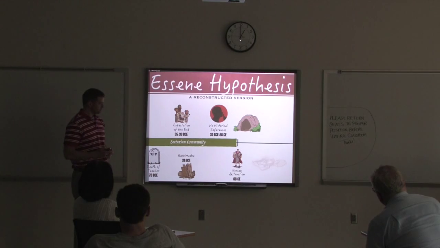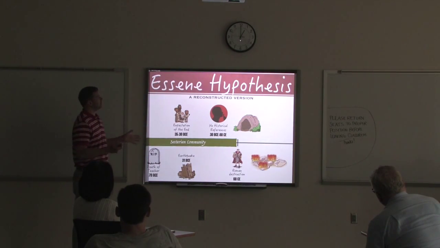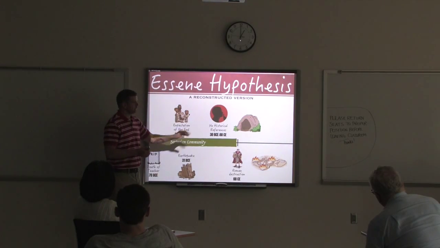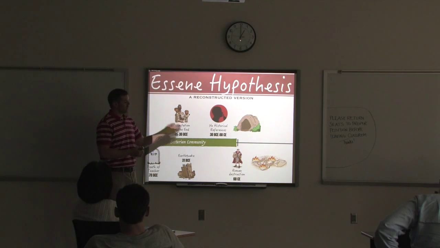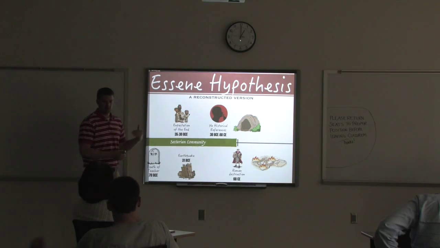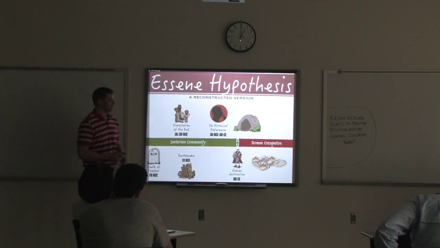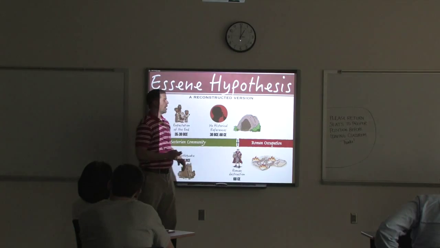Well, the problem is that didn't happen. The Romans came in and burned down their community, burned it to the ground, and left nothing alive. They probably killed any who were there. Some of the group probably escaped and went to Masada. We don't know for sure. But whatever happened, they didn't come back to get the text. And this is why they were left for us over 2,000 years later. And the Romans, it seems like, took up occupation of this for a long time thereafter.